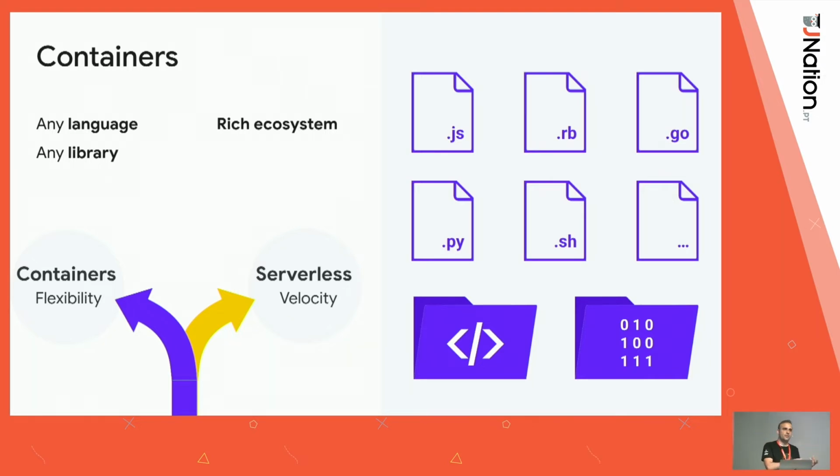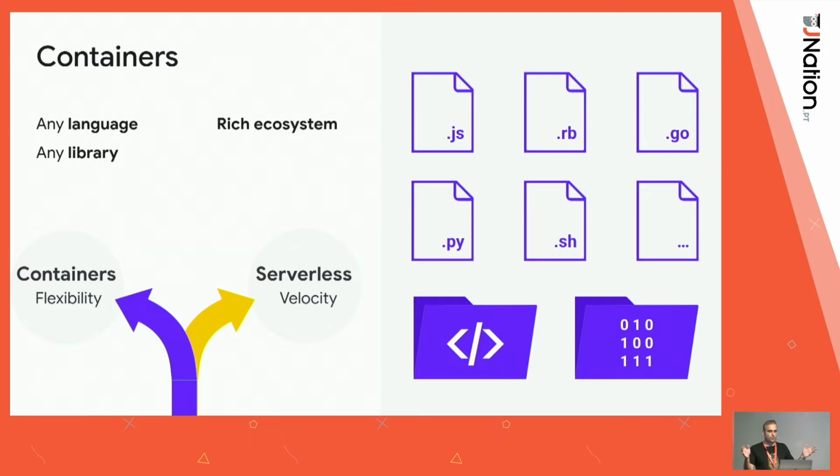But at the same time, we started having containers. And containers allowed us to create a context that we can replicate everywhere, right? You use any language you want, any library you want, and you define this context in the form of a Dockerfile. Then with that context, you can run it locally on your machine, or you can run it in the cloud as well, and you can rely on that context to be the same. So we had things like Kubernetes and Knative, which is what people use to run containers.